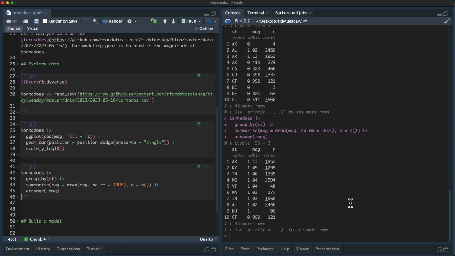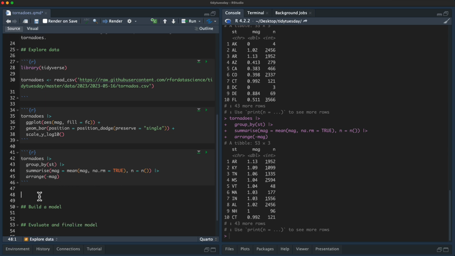So I think I'd like to use that as a predictor. It does have 53 levels, like 53 values, which is getting to be pretty high cardinality. So I have two main options here. One is I make dummy or indicator variables with the state, and that means I'd have about 50 new columns, which I might not want to do. That doesn't sound like a great option. Or I can use a likelihood encoding or effect encoding as part of my feature engineering. So we'll talk about how to do that.